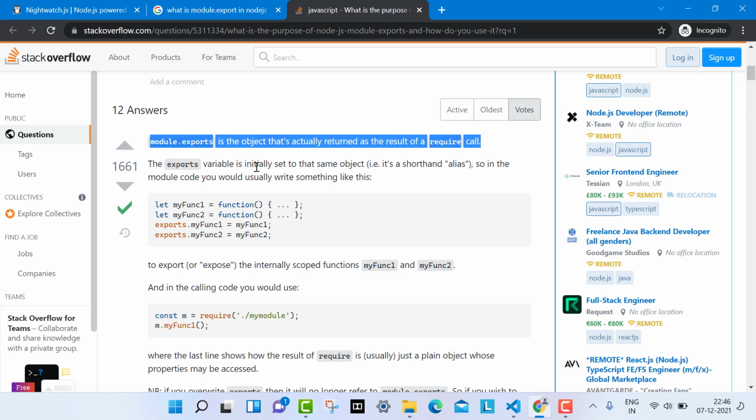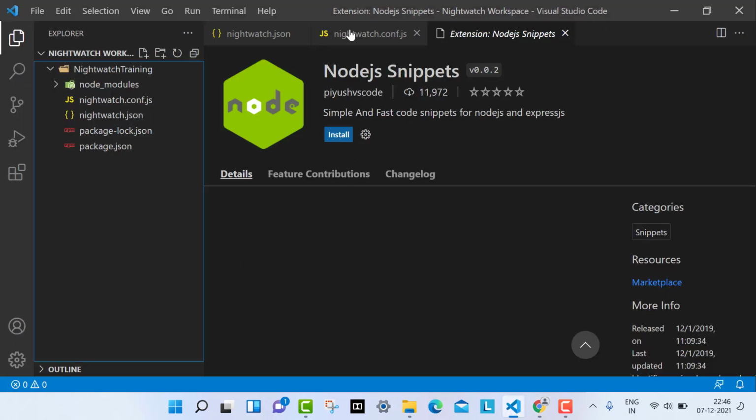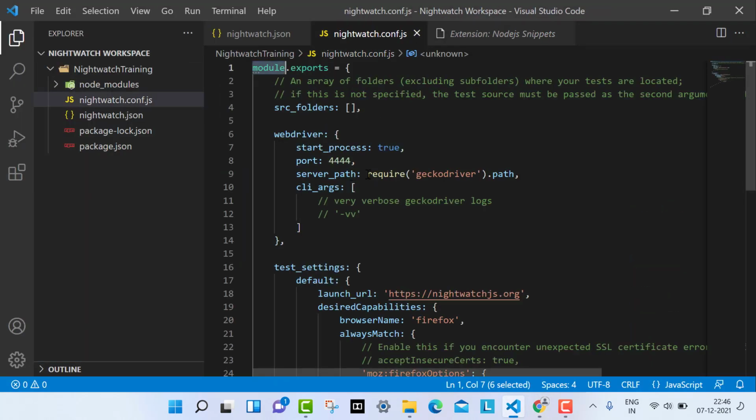The exports variable is initially set to the same object. So in the module code, you will usually write something like this. Whatever you write inside module.exports, you are able to use wherever you want. Okay, so this is the use of module.exports. I hope I made it clear.